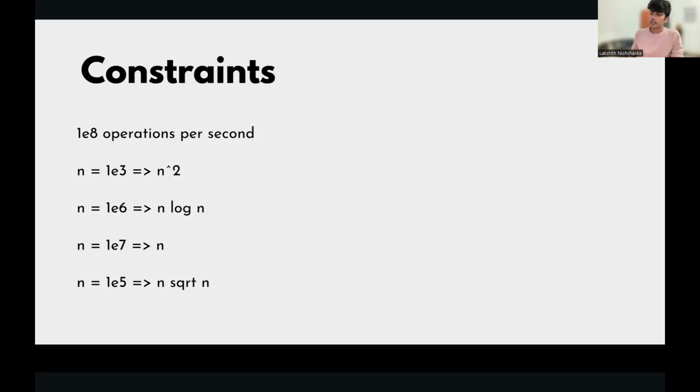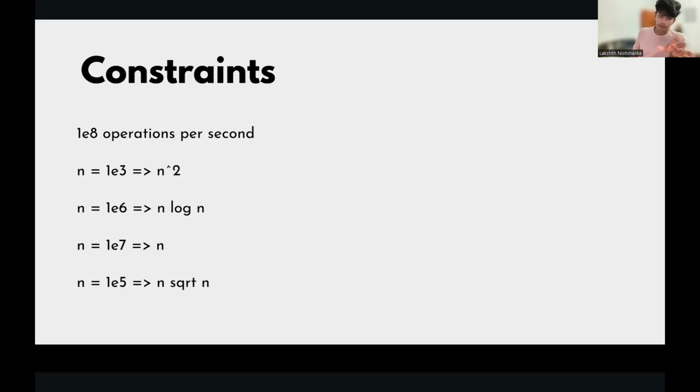In computer science, whenever you see log, it's safe to assume that they mean log base 2. Log base 2 is a really common thing when doing these problems. Lots of data structures have time complexity in the order of log n, like segment tree. So n log n, n squared, n square root n, these are very common time complexities when solving problems.